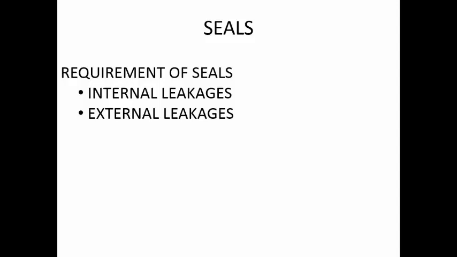Or if you have some workpiece on which you don't want any oil and you have a hydraulic system which is leaking, then the workpiece also may get damaged. So these are the different issues with respect to the external leakage. External leakage will also cause power losses. It will also cause loss of oil from the system. So between internal leakage and external leakage, you have to always address the issue of external leakages very urgently, and internal leakages can be addressed on a not very urgent basis unless the power loss is very, very high.